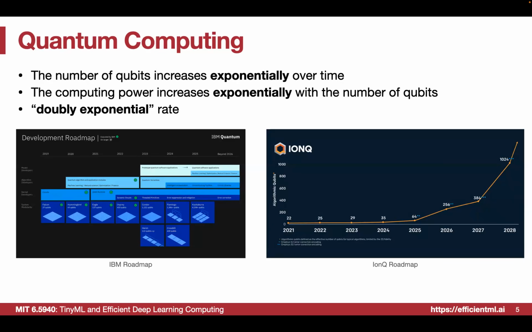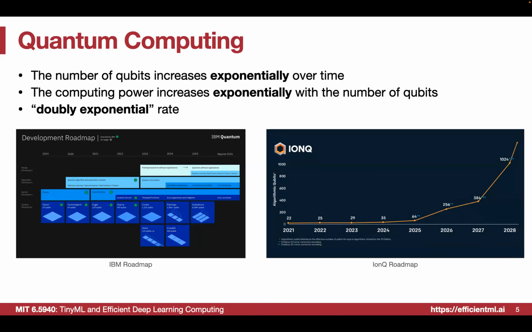And another layer of exponential increase comes from the computing power of the qubits. As long as we have n qubits, we actually have a space with a size of 2 to the power of the number of qubits. So on the time scale, we can exponentially scale the number of qubits because of device improvements, and on the computing power side, we have another layer of exponential. So that's a doubly exponential rate of potential computing power delivered by the quantum machine.